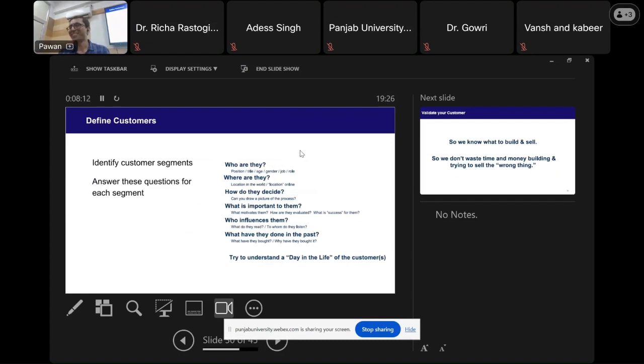I don't know. Okay, let's simplify. Honda Activa. Honda Activa, a very well-known product. Okay, let's answer these questions, imagine your product is Honda Activa. Now define these customers. Who are they? Who are your customers? People who are online, please, you can also respond. I'm not able to see you, but you can respond if you want to.